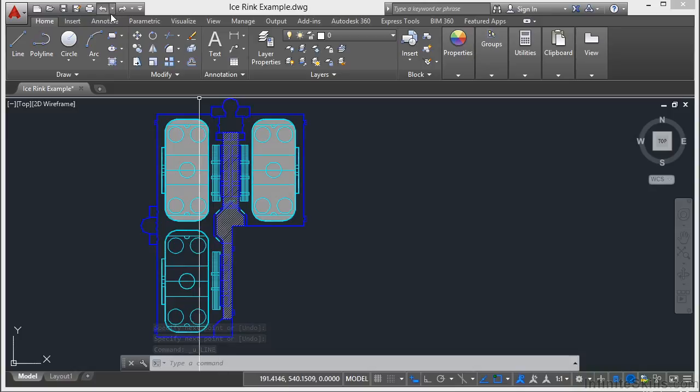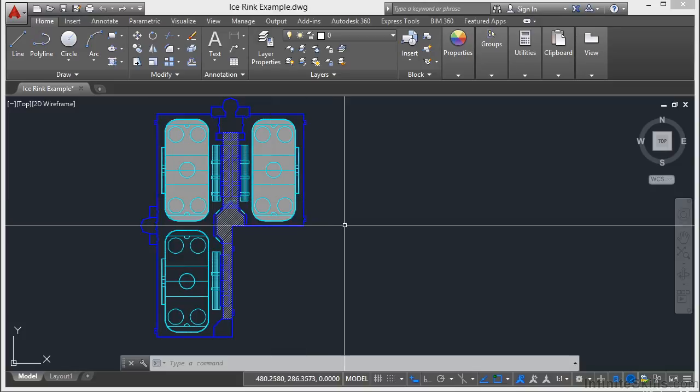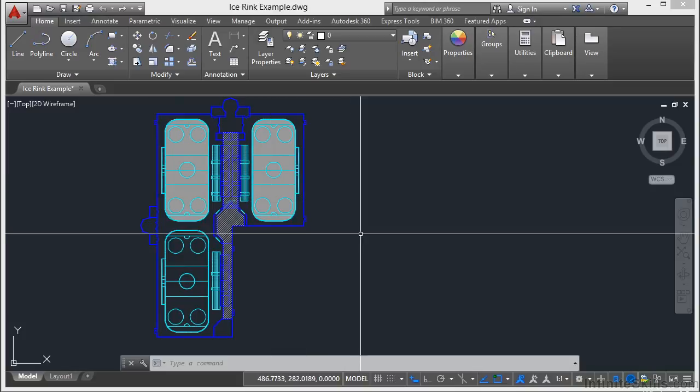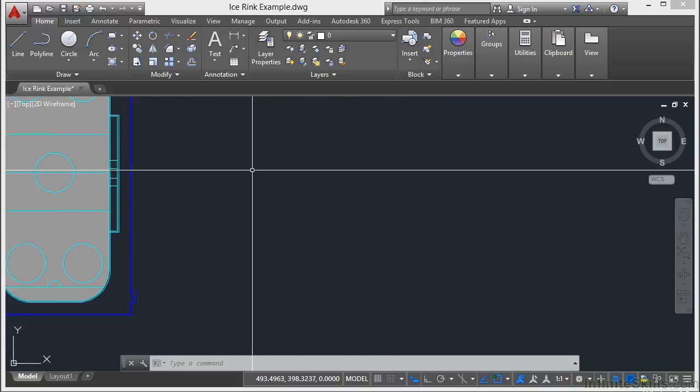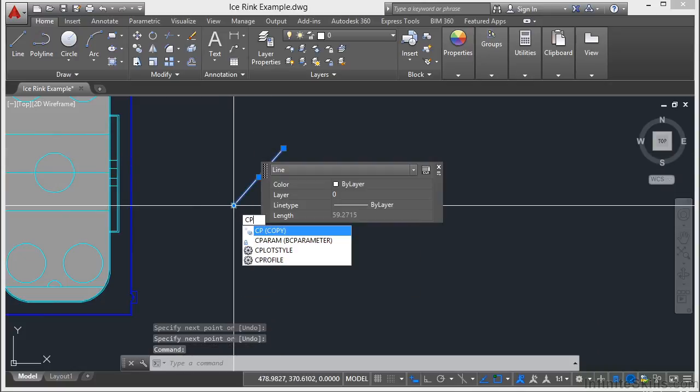You can also come up to the Quick Access toolbar, click on this little arrow. As you click on it, it will undo an option. If you click on the little arrowhead, it will give you a list of different things that you've done. So let's say we panned, we zoomed, we drew a line, we copied that line,